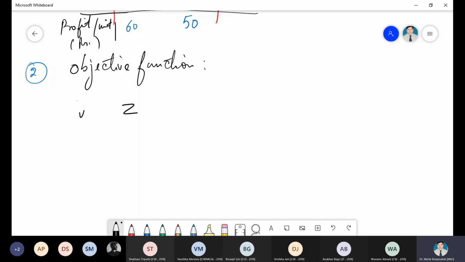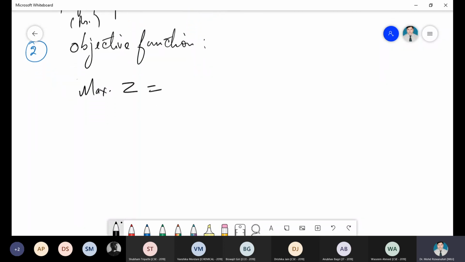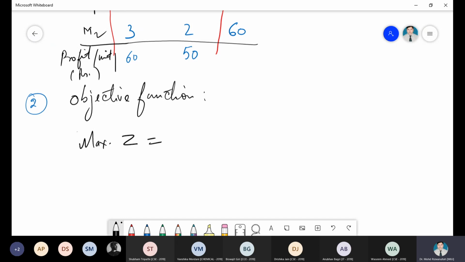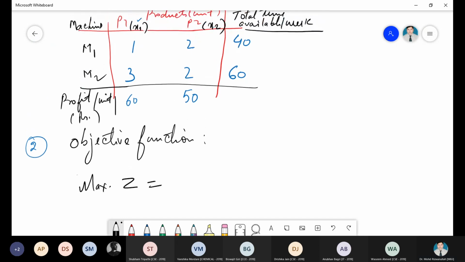If the cost is given, then we have to go for minimization of the cost. So I have to write here the objective function: max Z equals, and what is the maximization? Its objective function will be 60 x1 plus 50 x2. What does it mean? Objective function means when you produce x1 and x2 as much as possible, this will multiply with the per